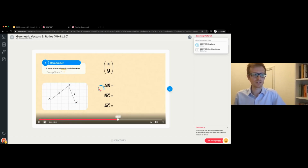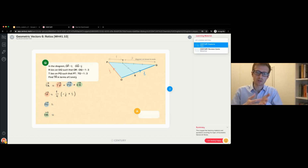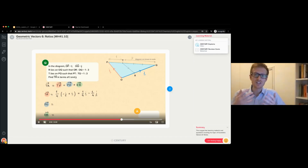So there are lots of opportunities for the students to practice, to understand how to apply this knowledge in different settings. And the students can consume this in their own pace. They can skip it, they can pause it, they can flick between the two different types of learning material, but it's the idea of giving students the opportunity to consume content at their own pace and based on their own preference. So as the student consumes the material, what Sentry is doing in the background is looking at how long